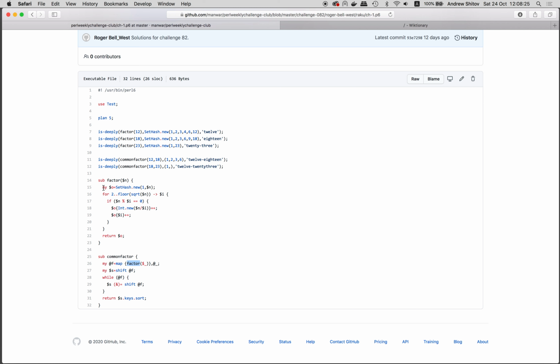So how do we determine the factors of the number? We create a hash and fill it with a couple of numbers, 1 and the number itself, and after that we scan all those numbers up to the square root of that. If this divides the number, we append it to this set, and we also put the inverted number, like the number divided by it, and that's it, right? What's the correct term in mathematics? Right, so common factors. What do we map? The at underscore, so we map the passed numbers and convert them to factors, and after that